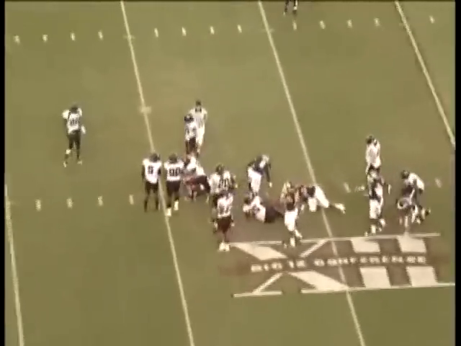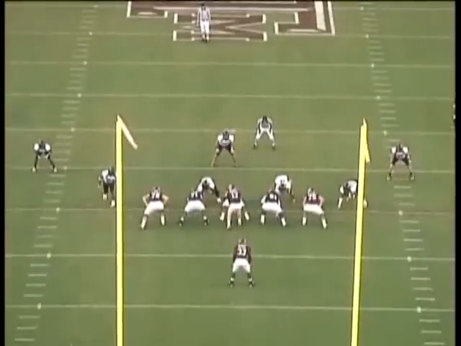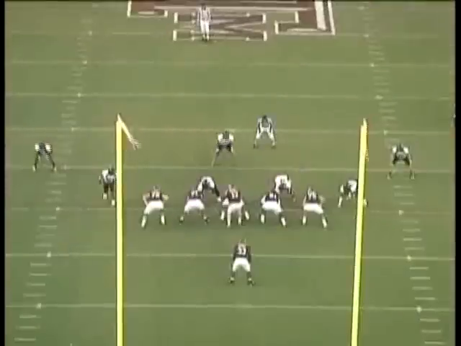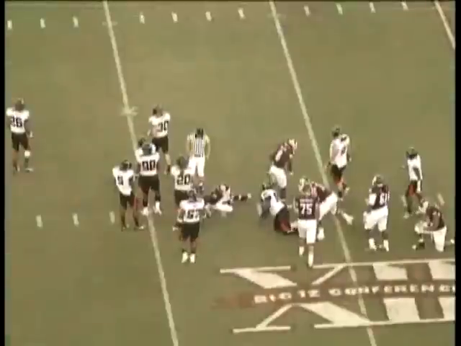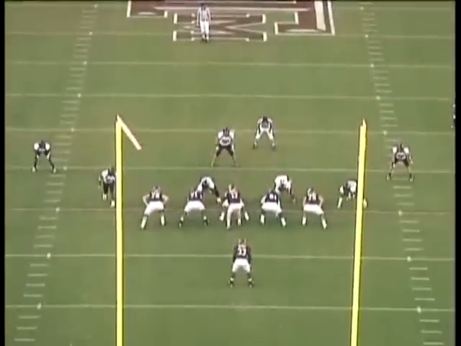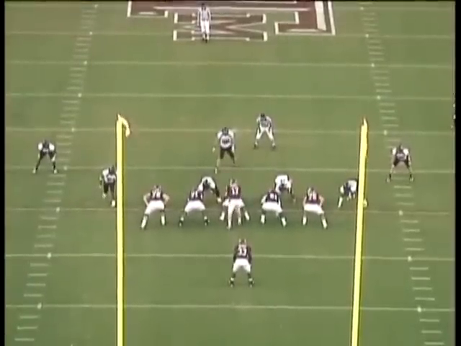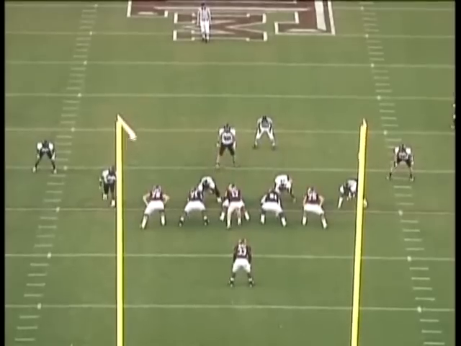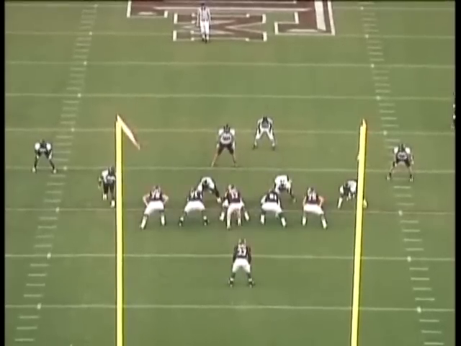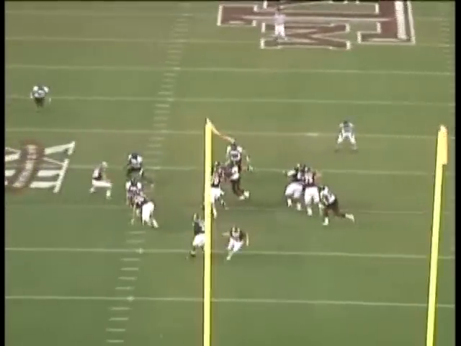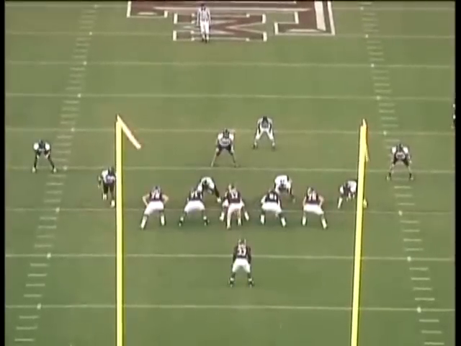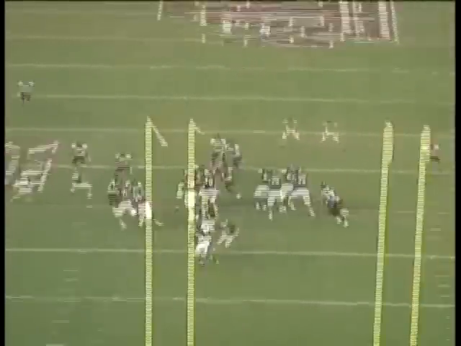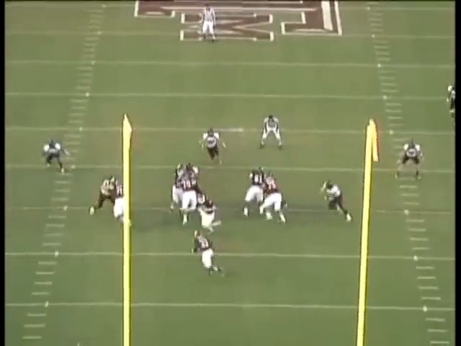Okay, here's weak side outside zone. Black spot, so this ball is going to the left. Look at the center and the left guard. The center's going to call L here because the guard's covered with a 2-eye. This is an L, a box declared play. Weak side, one back zone. Box declared, the center's calling L to the first linebacker in the box,